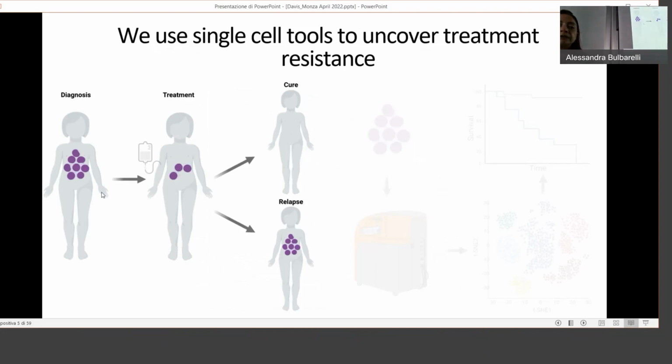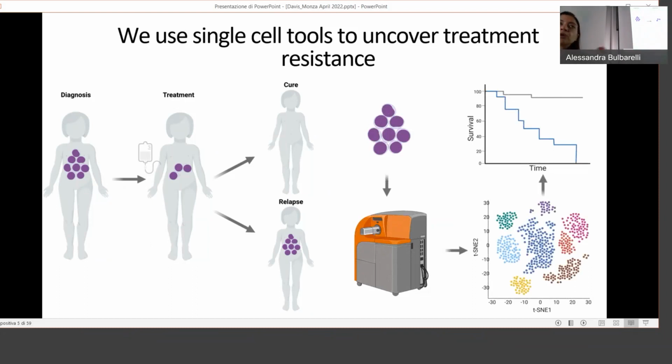And so we think about this at the time of diagnosis. You have billions and billions of cancer cells. Patients undergo treatment, and you may or may not be able to query remaining cells or early resistant cells. And then patients will go on to either be cured or potentially relapse from their disease. And we want to use single cell tools to look at this diagnostic sample or resistant samples so that we can, as early as possible, make a treatment decision about who may need something different.